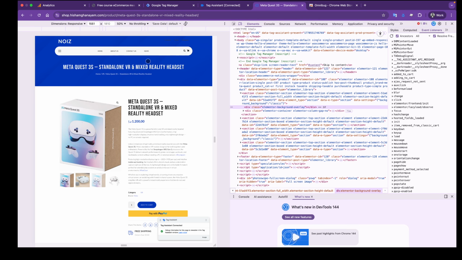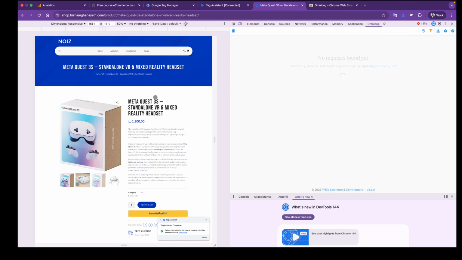Then in my case, it's installed. How can you reach this? You can go to this icon here, you click this, and then you click on Omnibug. For Omnibug to actually populate, you need to first of all reload the page, or you can jump into another page. So in our case, we jump to this page,